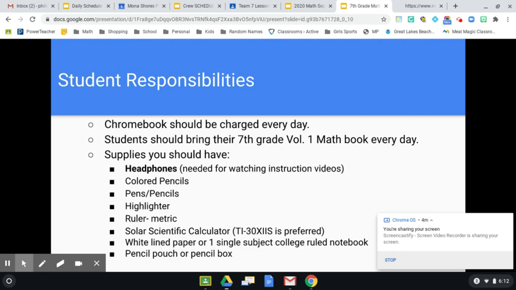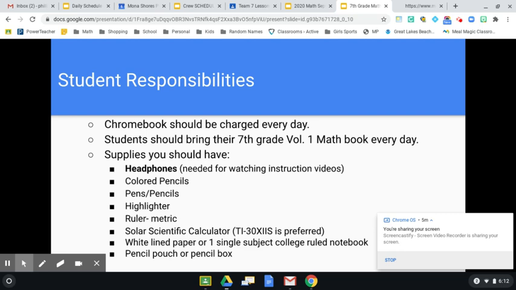Third, supplies. So you will need headphones. If you are face-to-face in class, you will be watching the videos along with the pre-algebra students who will be watching their videos. And so you'll need to make sure you have those to go through the lesson individually and then with our support. Colored pencils,